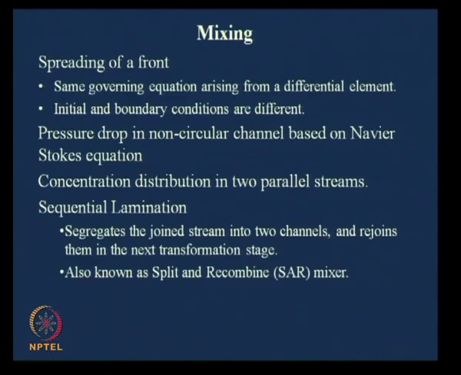The next case we picked up is the spreading of a front, where instead of a spot of tracer, there was a front. That means there are two distinct layers, and one layer is held at a certain concentration, while in the other layer at time t equal to 0, the concentration is 0, or a given value. Then we found what would be the evolution of concentration in that other layer as a function of time and at various locations. So, I have given you these expressions,